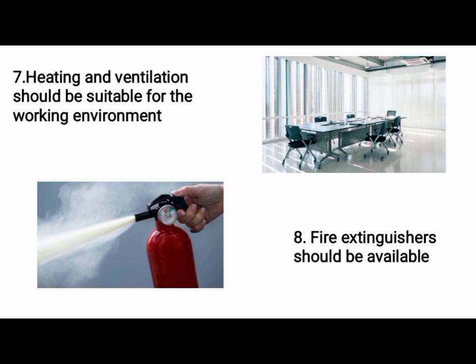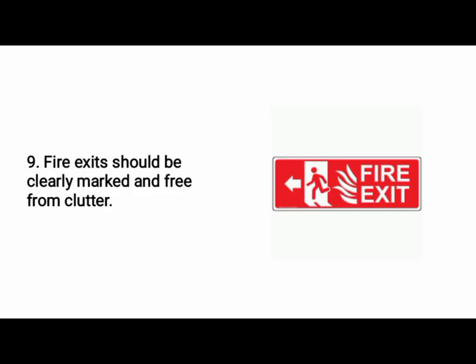A fire extinguisher can be a small but important part of the home or school's fire safety plan. They can save lives and property by putting out a small fire or suppressing it until the fire is gone. Number 9, fire exit should be clearly marked and free from clutter. One of the most crucial aspects of a fire evacuation plan is ensuring that all emergency exits are clearly marked and easily accessible. This can help occupants quickly locate an exit point and escape the building in a fire.